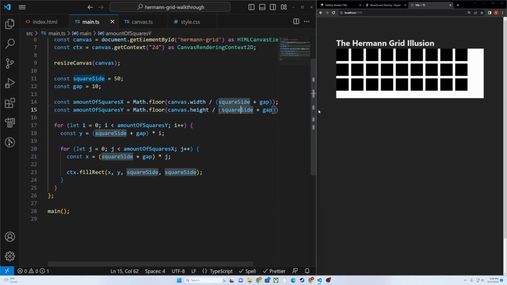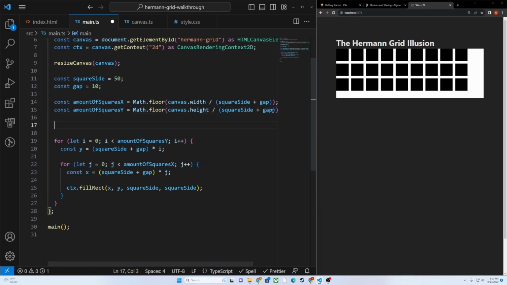Right now, as you can see, there's a lot of empty space to the right, and it's just kind of pressed into the top left corner. What I want is to divide this kind of empty space here by 2 and put half of it here and half on the other side, which will center it right in the middle, and do the same for the vertical. So to get that empty space, what we can do is we can say const extra x for the